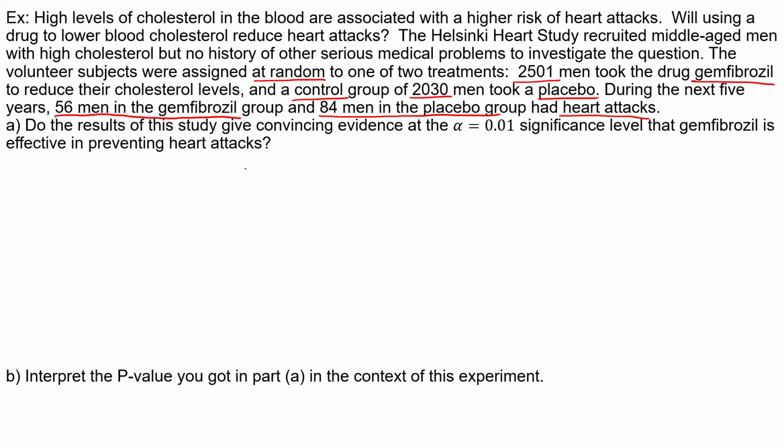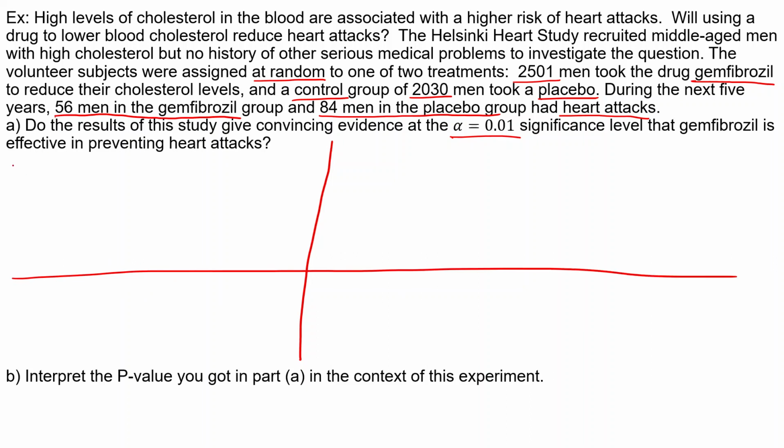in preventing heart attacks? So it's asking us to do a significance test, and we're talking about two different samples, and they have proportions of men in each sample that have had heart attacks. So that's what we are looking at, the difference in the proportion of men that had heart attacks for those two different groups. All right, so P sub 1 is the true proportion